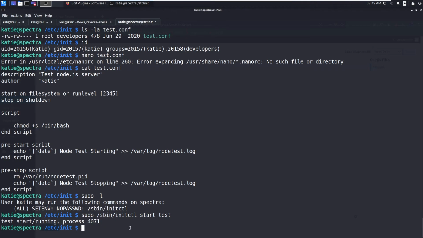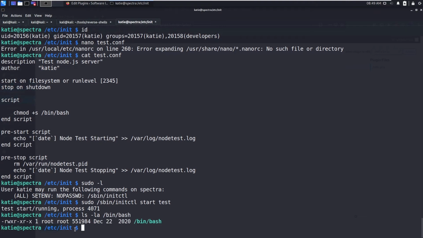Now let's ls -la /bin/bash. I think it's in green color, so let's anyway execute this.